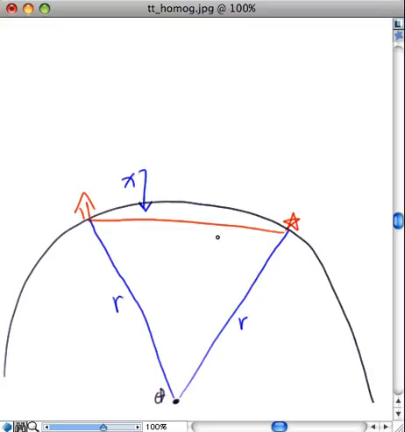Now, we also know something else about this triangle. We know this angle. This angle, seismologists call delta, and it is exactly the great circle arc distance between the earthquake and the seismometer. So you've already calculated delta for all the stations that measured this earthquake in this problem